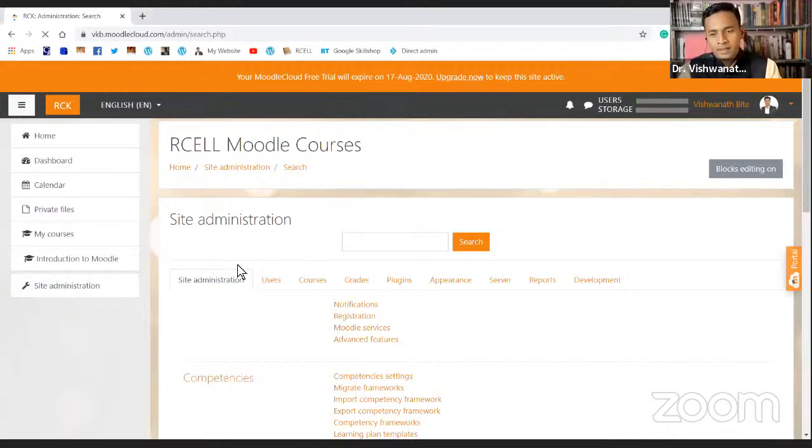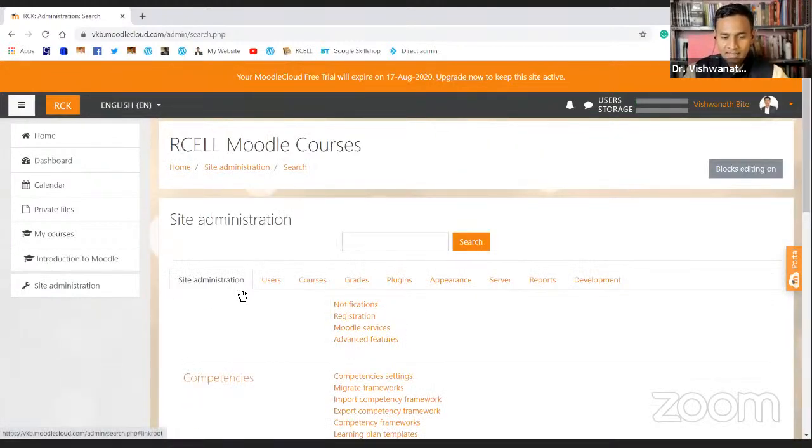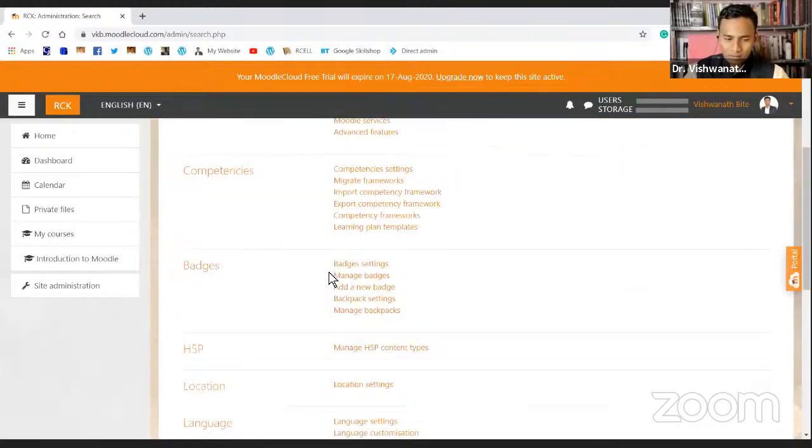And many people, even when I was attending some refresher and orientation courses, many people will relate to me that there is at least one session on this learning management system or Moodle, and even we learn it at some stages, maybe in orientation courses, refresher courses, still we find it very difficult to understand Moodle as a platform, because just look at this, there are a lot of options. This is just site administration, and there are a lot of options.